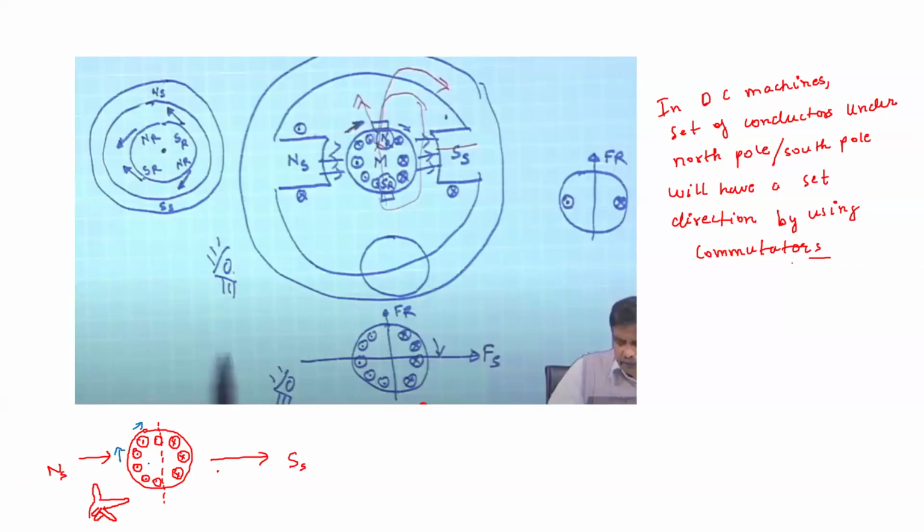Now interestingly, another way to find out is that first of all you can try to find out, due to these conductors which are placed, what is the north and south pole of the rotor. So this is Fleming's left hand rule,